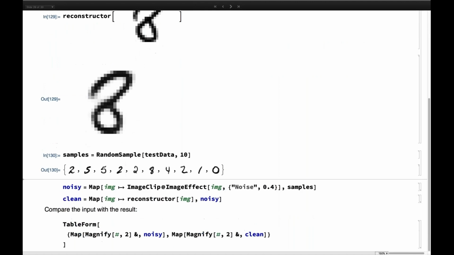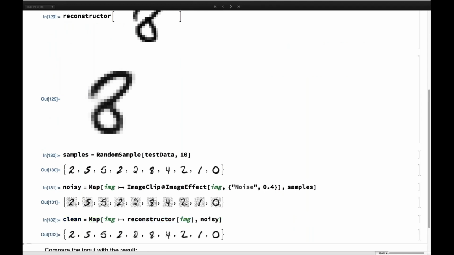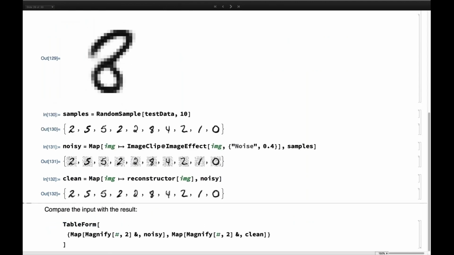And I can run this now on noisy images and run this through the reconstructor here and obtain a clean version of the noisy input. Now this works exceptionally well because the prior here is that you have numbers, and if you can train the network on that prior, then the removal of the noise can be quite substantial.